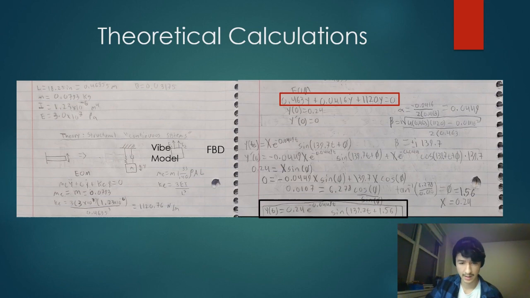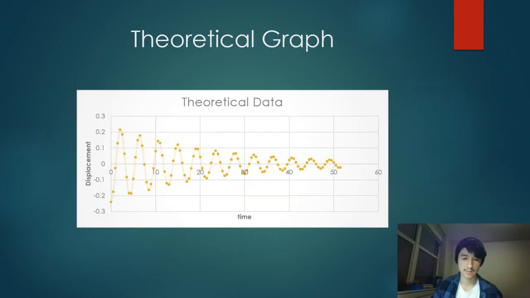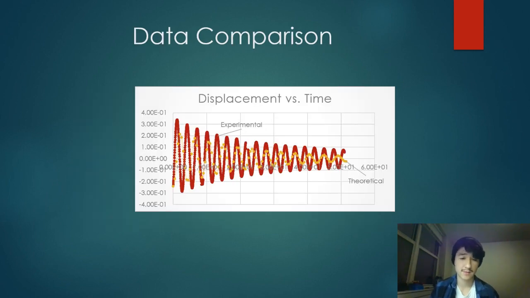And then with that, I was able to turn it into a second order ODE and solve it to find an equation that I could graph. With that equation, I was able to graph it and find a theoretical graph, which looks very similar to the experimental graph. Then I put the theoretical and the experimental data on the same plot and found that